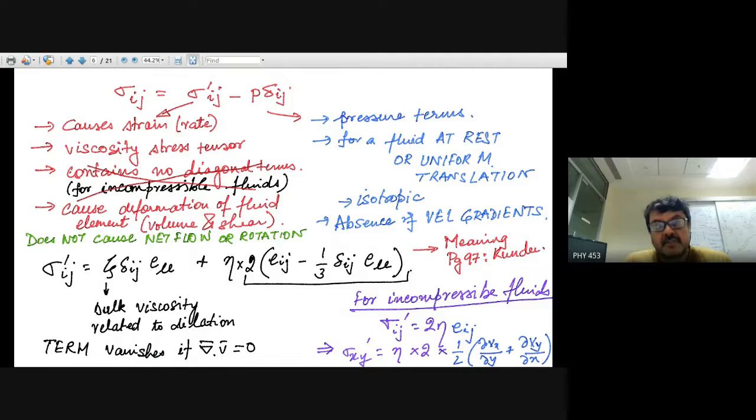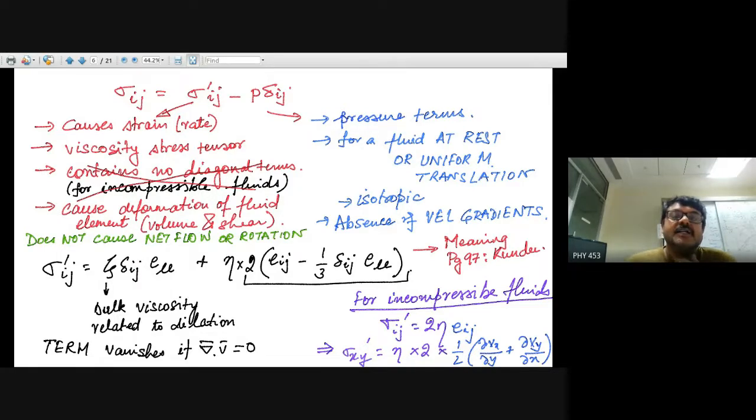If different parts of the fluid are flowing at different velocities, so that there is a velocity gradient as a function of xyz, then this part contributes to the total stress tensor, whereas this part is related to the thermodynamic pressure at uniform rest,